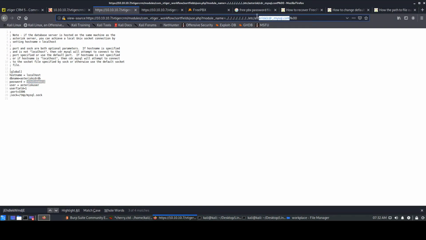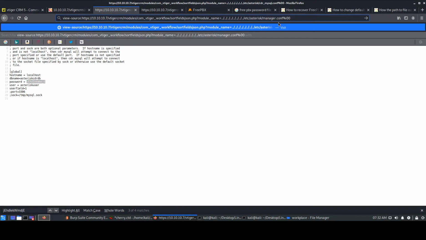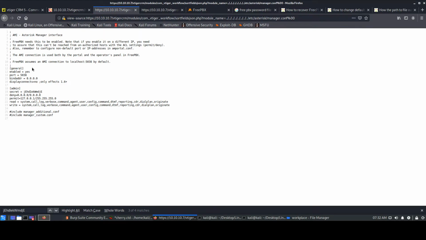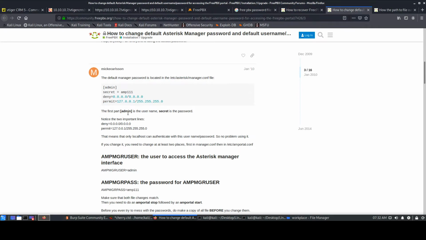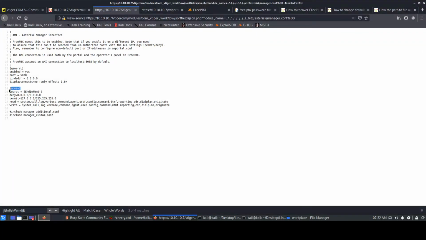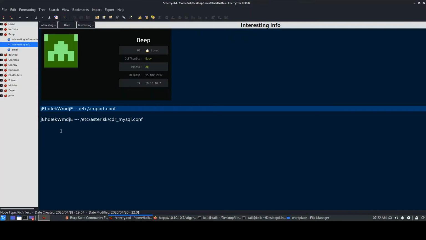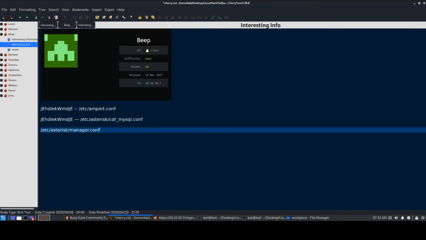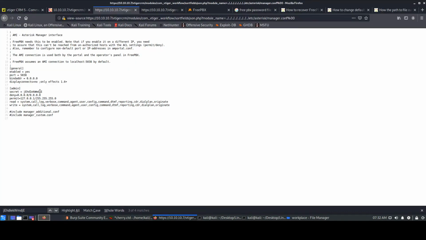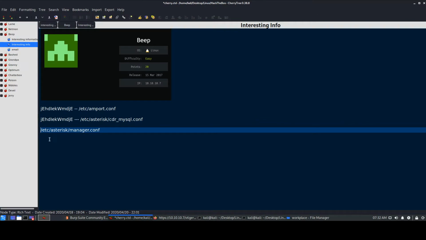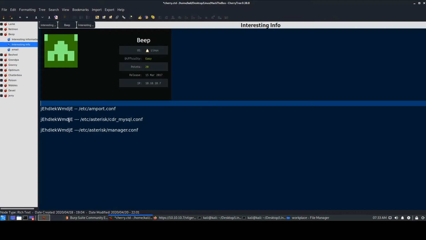First, let's see if this file is available. We do that, cat etc, and we see that we have some file available over here, and it says admin user is admin. As mentioned over here, the first part is admin, then secret as the password. So if you look closely, obviously this is the username and secret is the password. It looks like the same password which was available earlier as well. So let's quickly copy that, paste it. So this is the same password present for all three of them, right?